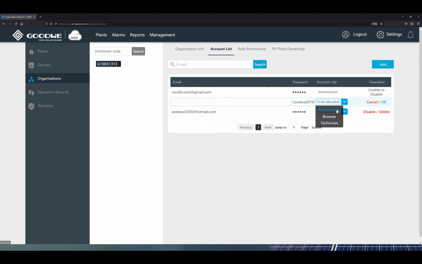As you'll see, there are different roles: administrator, browser, technician. Browsers are for when you have a customer who wants to see what SEMS is all about, but you don't want them to be able to do anything. You can simply add them here as temporary users to view your portal, so that they can go in, look at the plants, all that kind of thing. Or if you just have